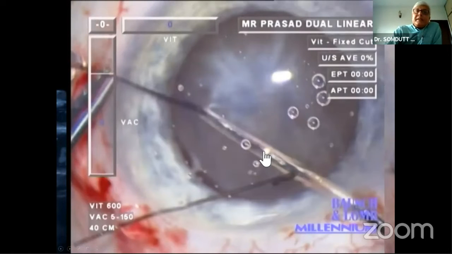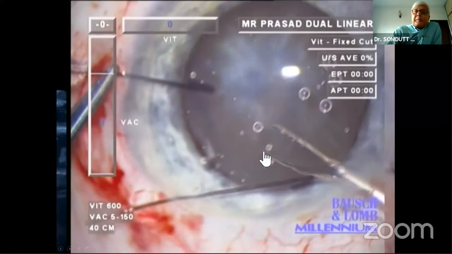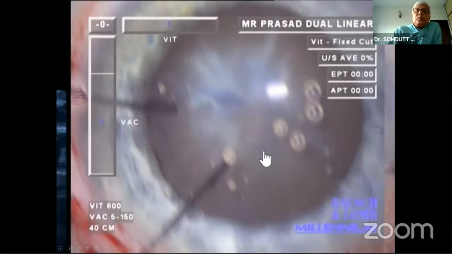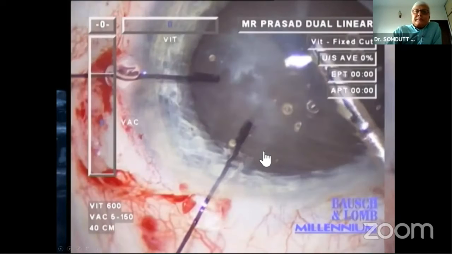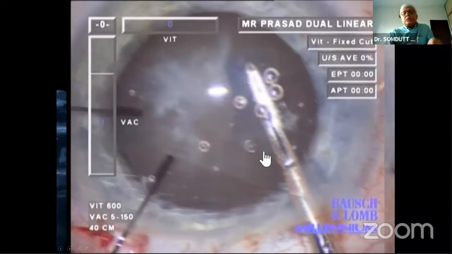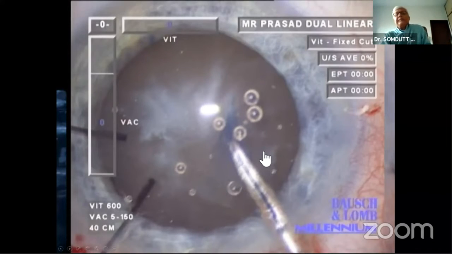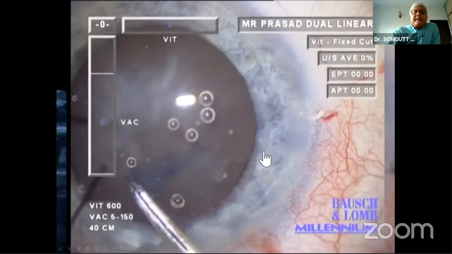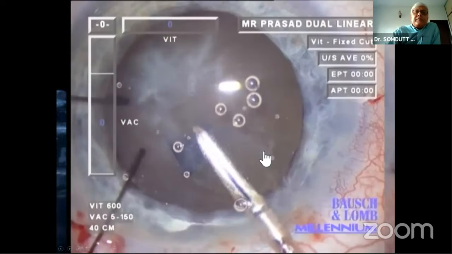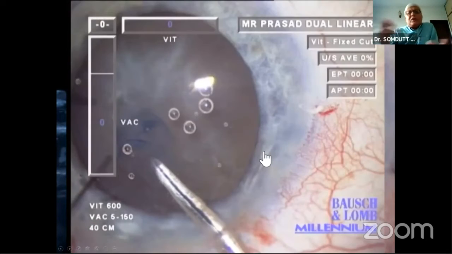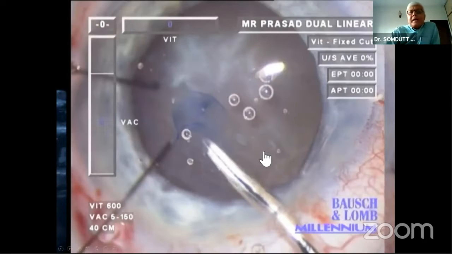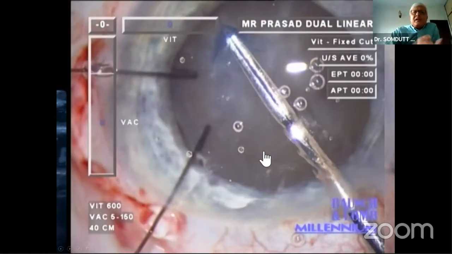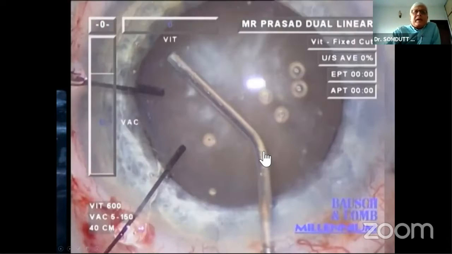The reason I keep repeating these points is because I've made these mistakes in the past, and once you know what to do, then you don't. And then I complete my rhexis. Once you've got a couple of supports in, then I complete my rhexis, and having completed the rhexis, I'm feeling quite happy. I've got the lens in a horizontal position. I've got 2 iris hooks supporting the capsule. Okay, things should be all right.